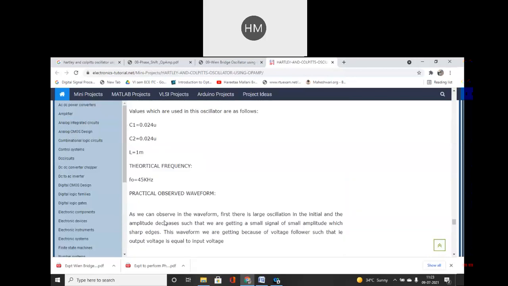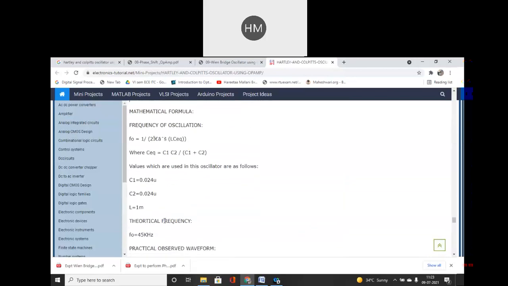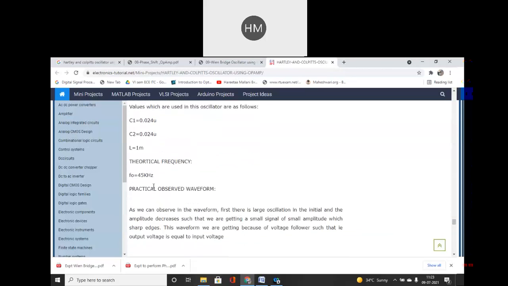Again, C equivalent in series is C1 C2 upon C1 plus C2. Okay, the series combination of these capacitances is given by C equivalent. There we had L equivalent L1 plus L2. Here we have C1 C2 upon C1 plus C2. Values you can take as 0.024 microfarad. Students, please note these values. For the Colpitts oscillator, C1 0.024 microfarad, C2 0.024 microfarad, and L as 1 millihenry. And then you can design your circuit